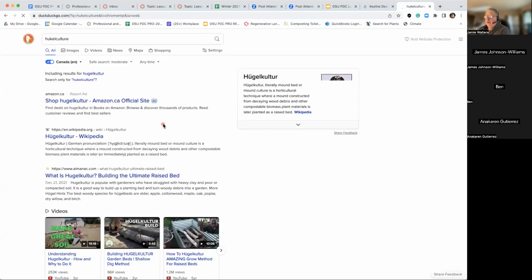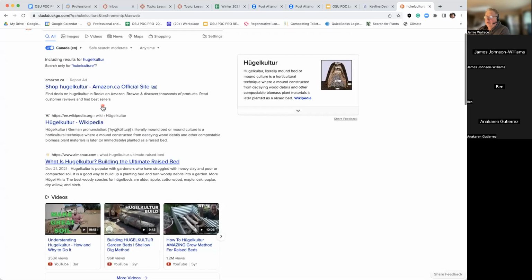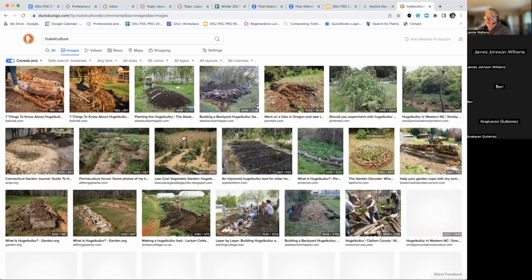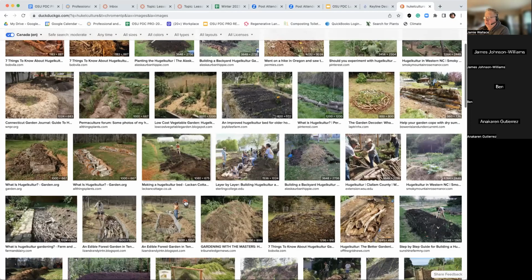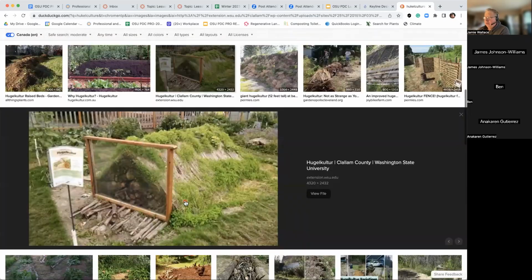Probably spelling it wrong here, but hugelkultur is an amazing process where you're using wood underground to help retain moisture and slow down water. There's a good example of it. This is probably a little extreme, the slope here, but again, this is a nice cross section of what we're trying to achieve. And there are so many versions of this,